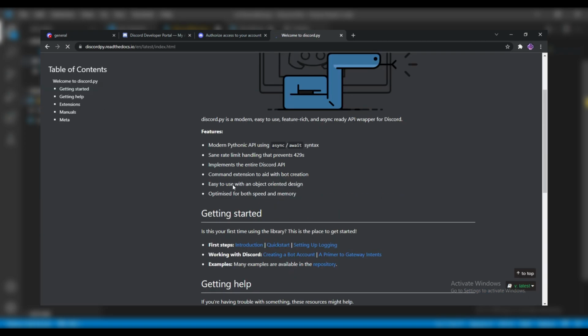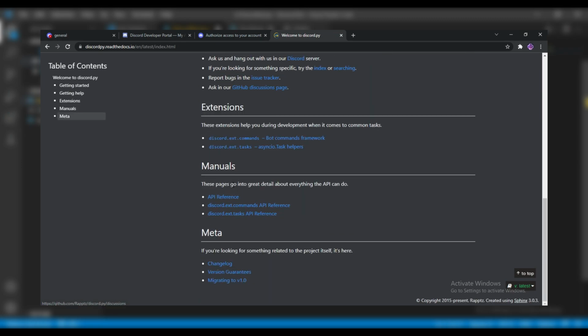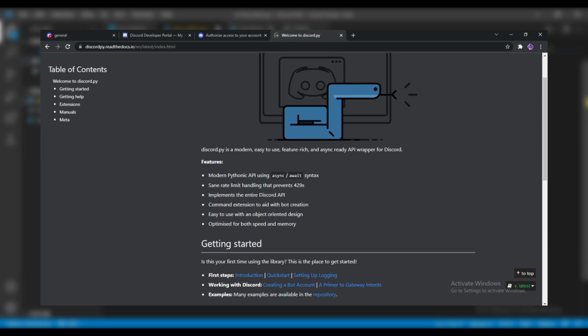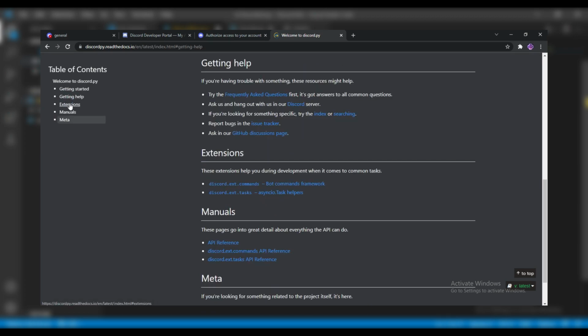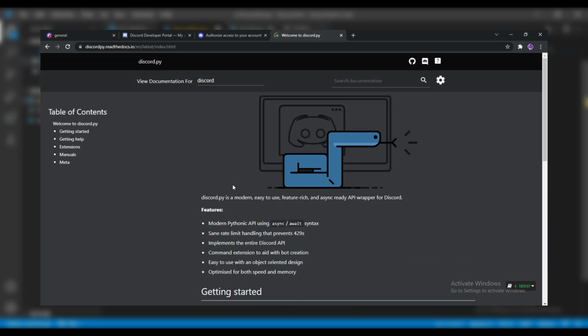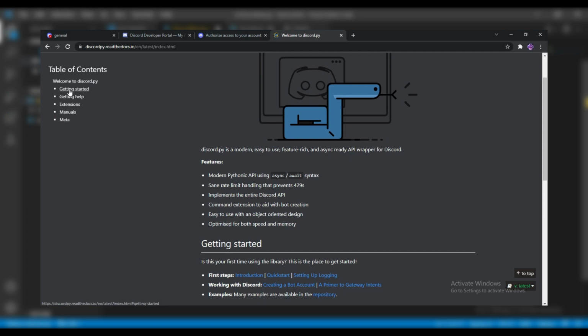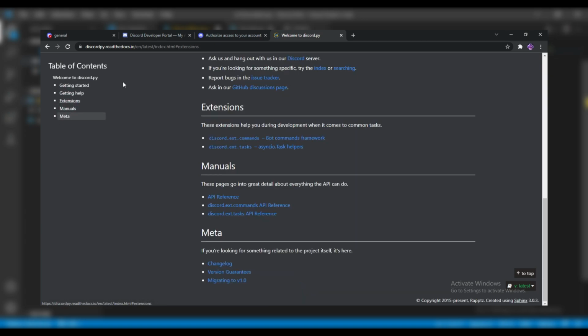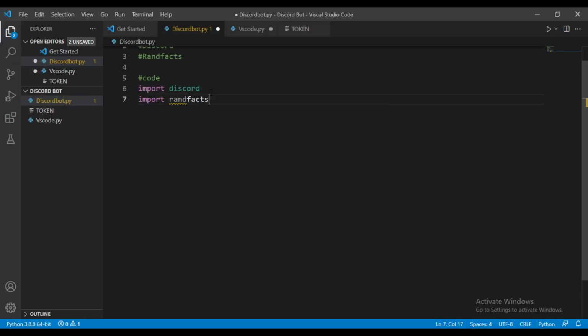But if you don't want to waste time reading the documentation, I will take care of reading the documentation and explain how it works. You just follow my instructions in this video. At the end of this video, you will definitely be able to create your own Discord bot using the Python language. It is very simple and user friendly code, and it is absolutely for beginner programmers also. If any beginners are watching this video, you can take inspiration from here, and then you will start to develop your own Discord bot.